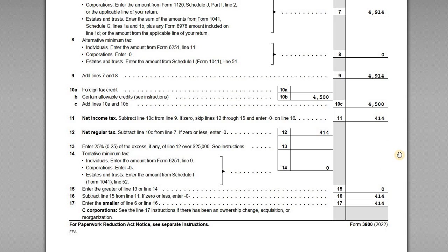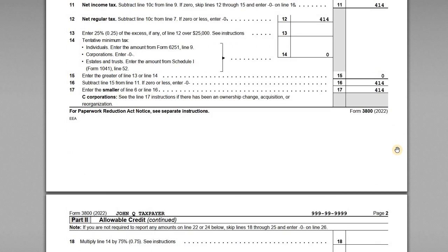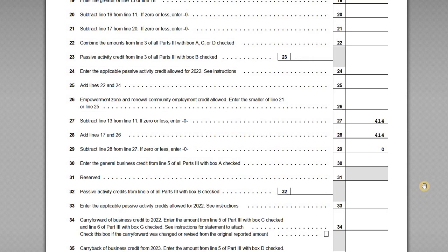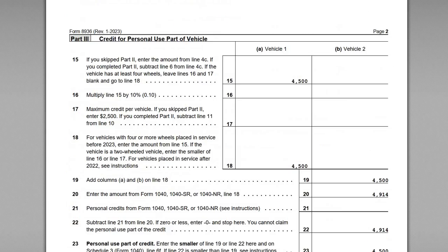So the $414, assuming none of these other fields here apply, which in John's circumstances they don't, he can use that $3,000 credit to offset $414 of tax. So when we look at the allowable credit computation here, what we're saying is, okay, remember, this is a non-refundable credit. So even though he's got $3,000 and it wipes out all the federal income tax, he can't get a refund for the excess. He has to just claim the $414, and that is, again, being reported up here on